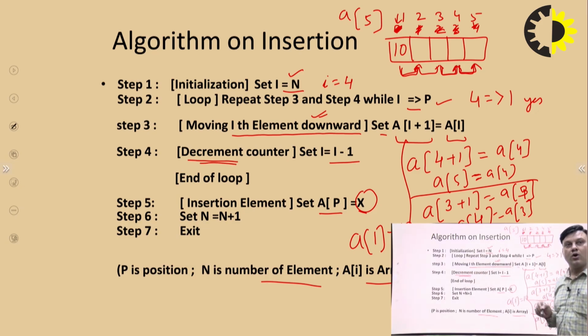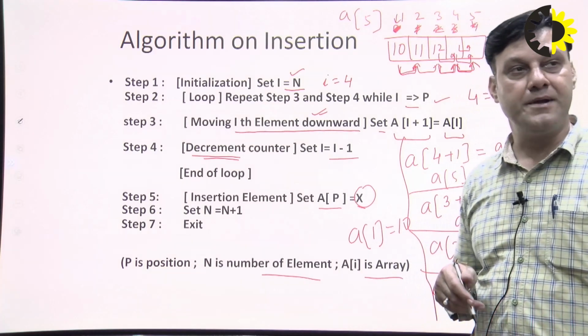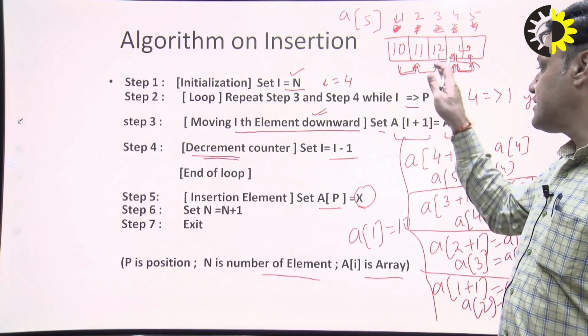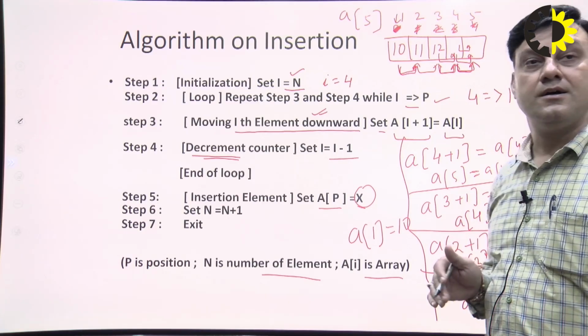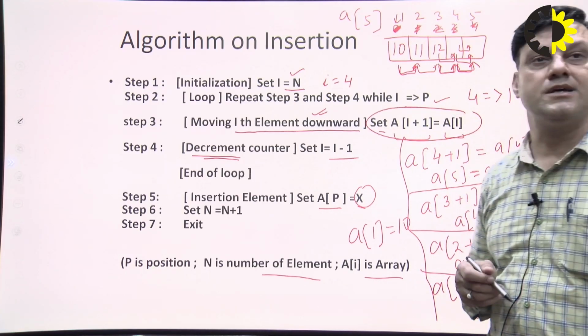Now if you want to insert an element at second position, then shifting will take place and the element will be inserted here, 11. Again, if you want to insert the element at 3, then again decrement, 12. Like this, the connection will take place. It means that in the algorithm, there is a chain which is associated with each other, and we do it using this assignment operator.